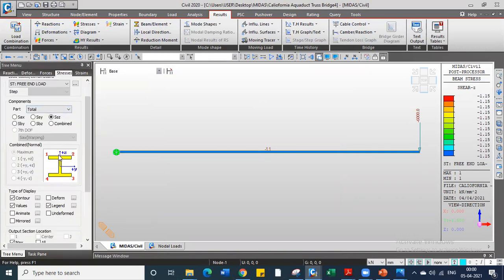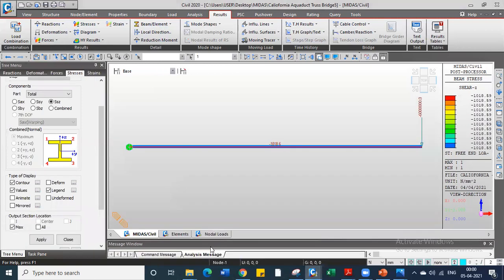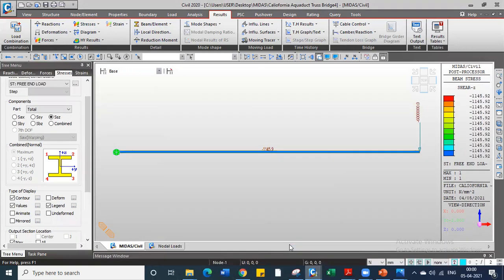Yeah, so if we make the units similar again, we see that in this case, due to the same force at the free end, we are getting a stress of 1145 Newton per mm square or 1145 MPa. So earlier we were getting a shear stress of 1020 Newton per mm square, but here we are getting 1145 Newton per mm square. So this is the basic difference between a rectangular cross section and a circular cross section when we compare only the shear stresses developed.